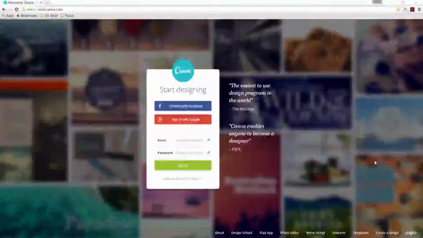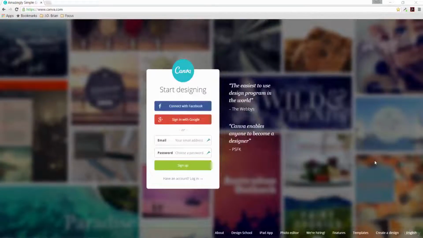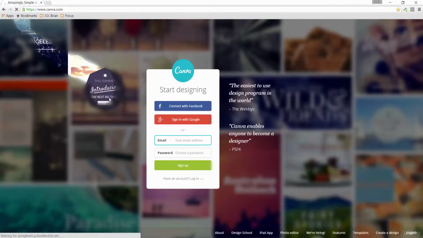I wanted to take this time to show you one of my favorite graphic editing software tools, and it's online based and it's called Canva. That's Canva.com. So Canva.com, if you go there, you can see this very beautiful art, and if I refresh this page,